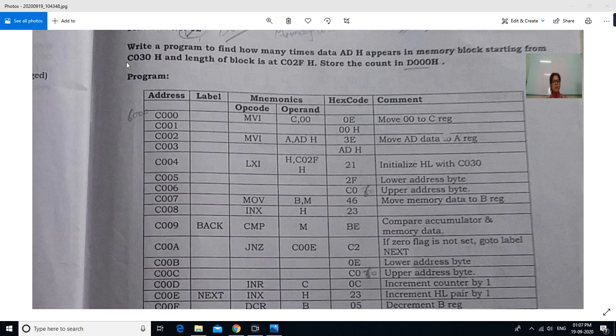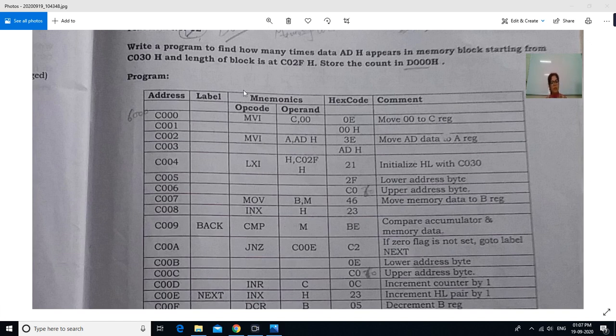I am here assuming C as 6. Store the count in D000, that is 6000, or you can see 5000. So basically the program is to find how many times AD appears in the list.